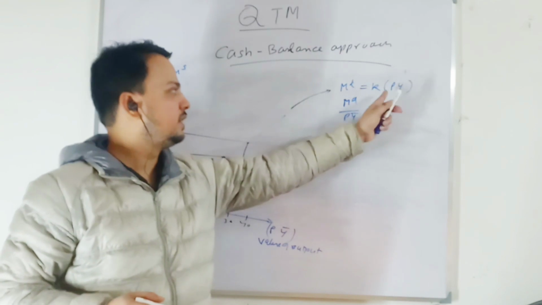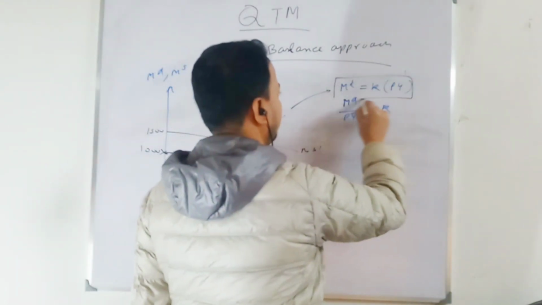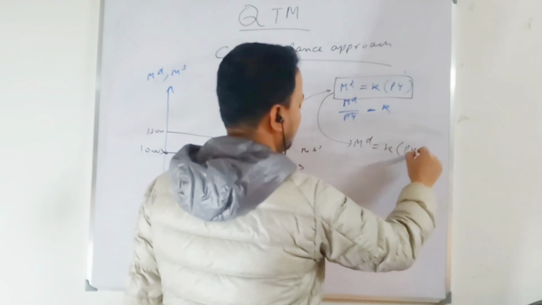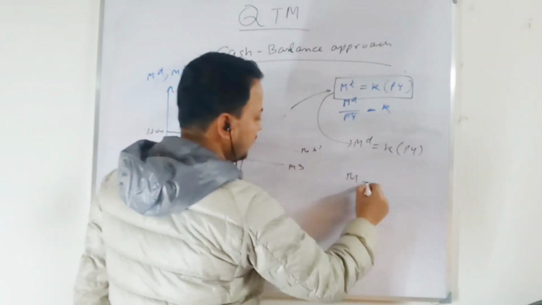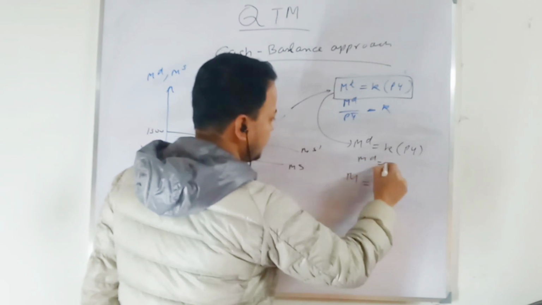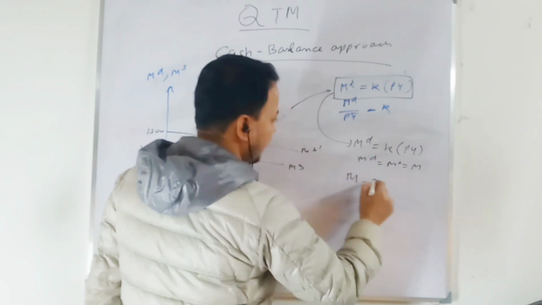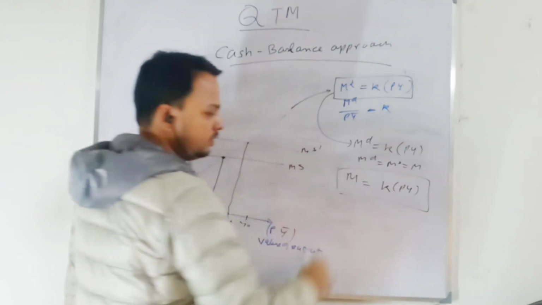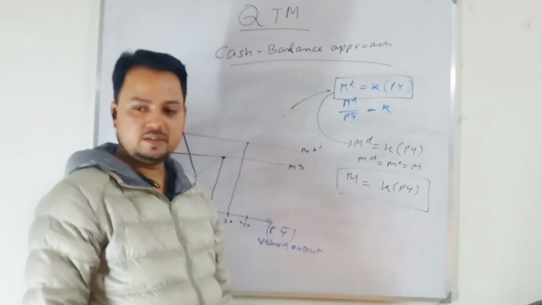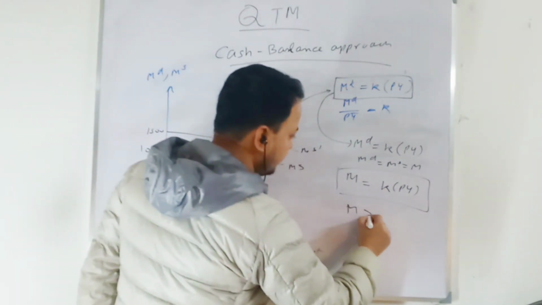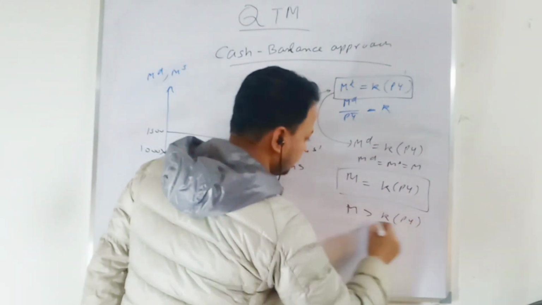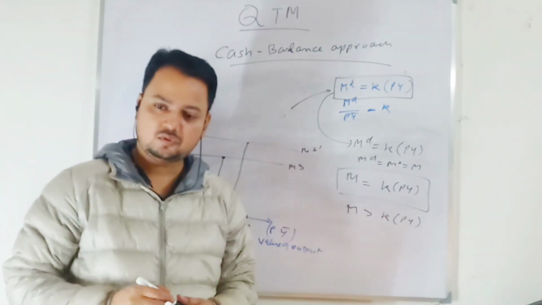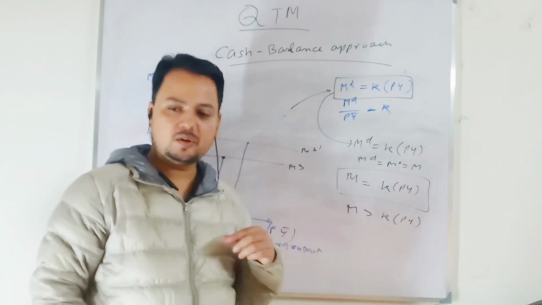When money supply increases, look at this equation. Money demand is some proportion of your value of output, and in equilibrium, money demand must be equal to money supply, which is equal to M. M must be equal to this term. Agree? So now this M increases. This M is greater than this term. That means money supply is greater than what you demand, because the proportional relationship is given already.